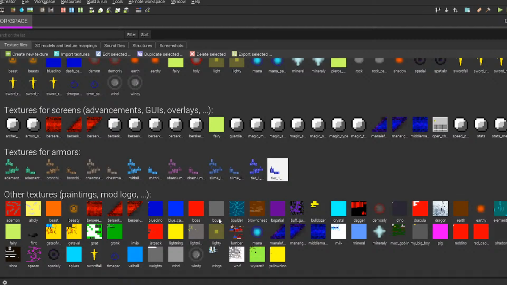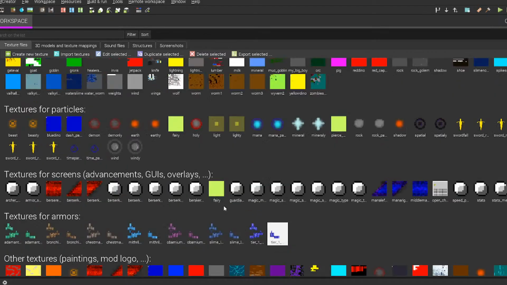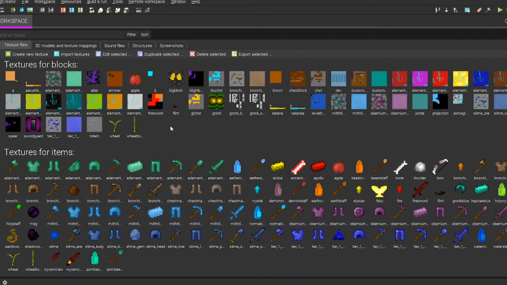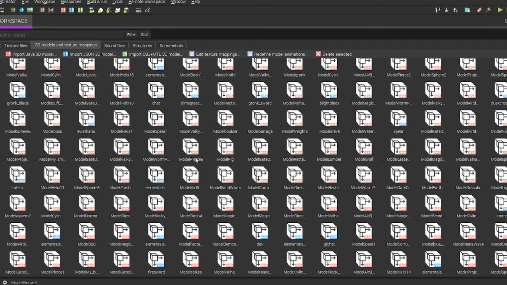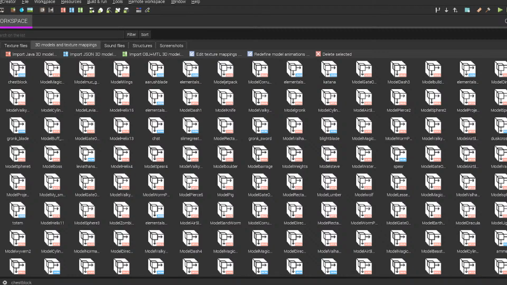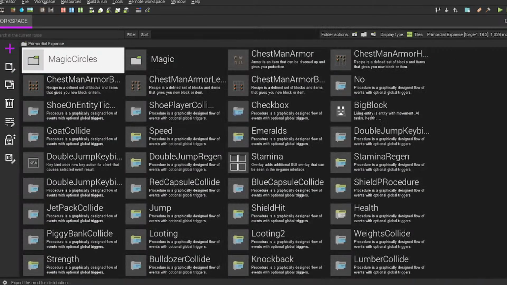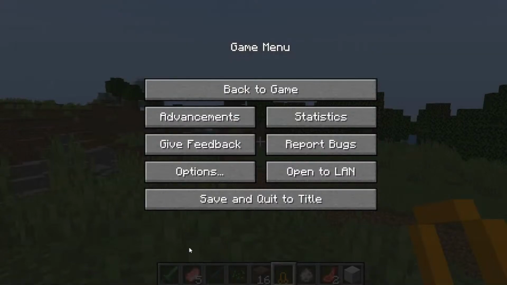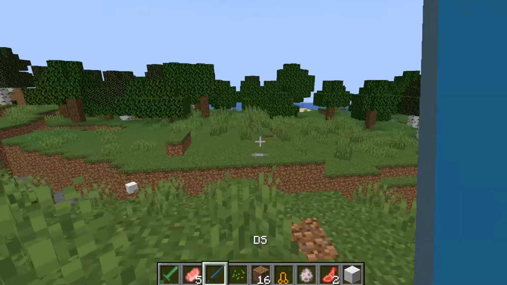Oh, no. I am receiving the lag. There's more models than there are textures. I don't know if I want to play that right now, though. This one's still kind of a secret, you know? I'll show it eventually someday. Not right now. Alright, back to